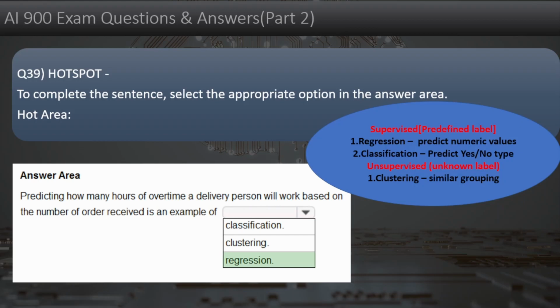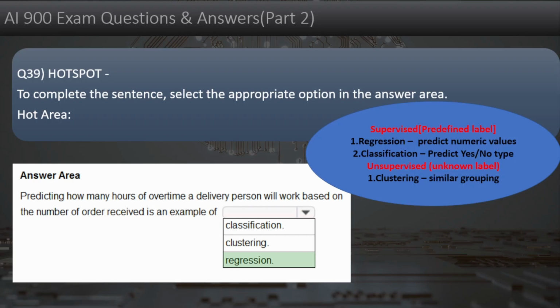We have two types of machine learning: supervised, with a predefined label, and unsupervised, with an unknown label. For the supervised one, there are two: regression and classification. Regression is predicting numeric values, and classification is predicting yes or no types.